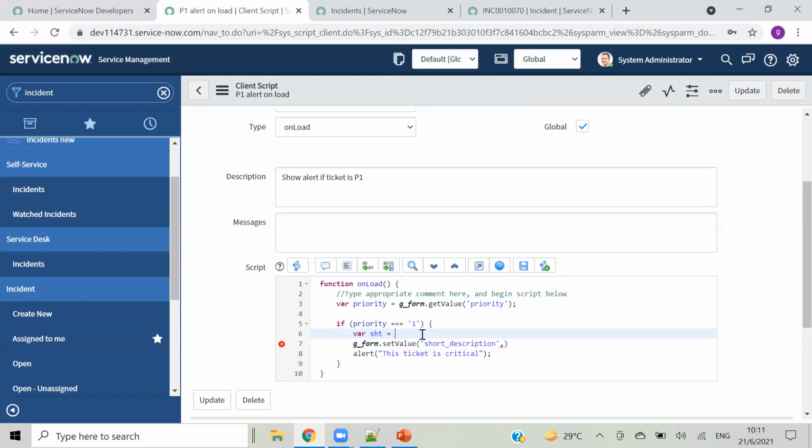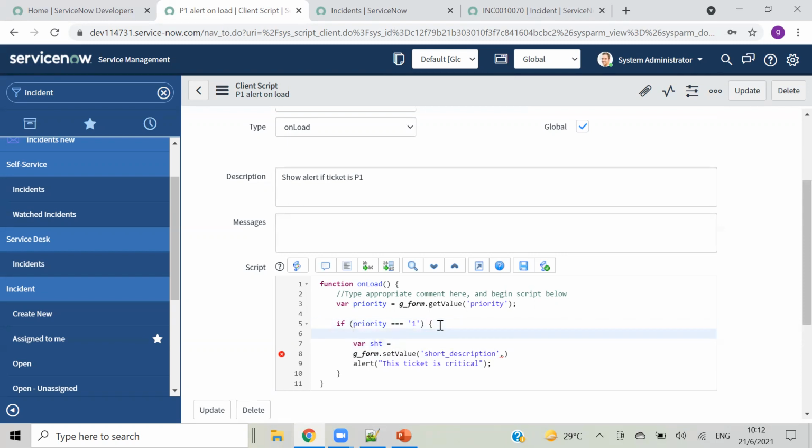Then I will keep the existing value of that.